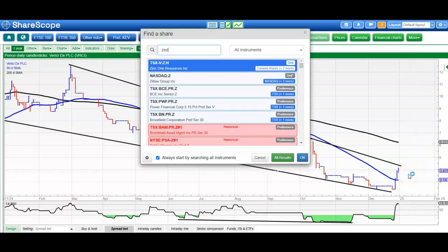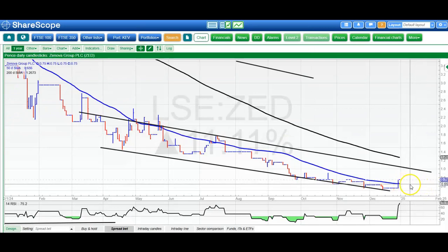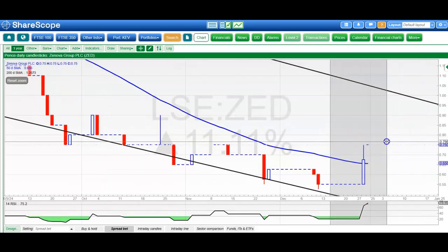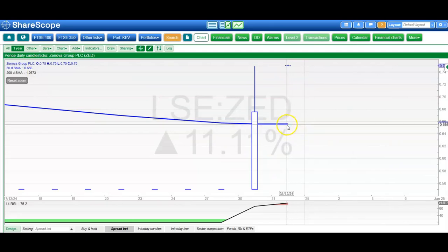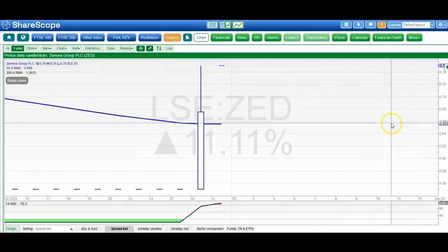Finishing off with Zenova, which is also looking quite chirpy at the moment. Here we're seeing that the shares have gone to new highs for the month and broken above the 50-day line at 0.65. That suggests that hopefully we'll get to a penny by the end of next month if all things go well, especially if we have more of the turnaround in that 50-day line, which is starting to rise there at the moment. Ideally, we stay above that level at 0.65 ahead of a move